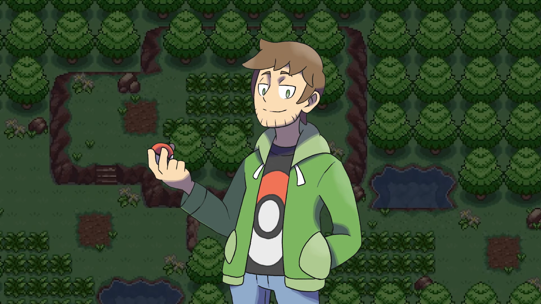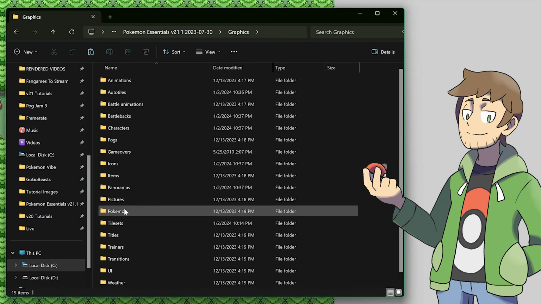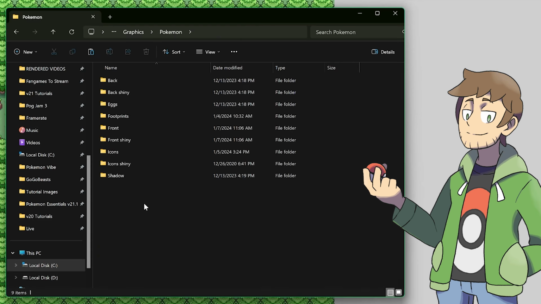And that's it for Pokemon Cries. Now, let's look into where the Pokemon graphics live. Inside of the Graphics and then Pokemon folder, we can see all of the subfolders for most of the Pokemon graphic assets. These are each important in their own way, but let's cover them in order of importance, starting with